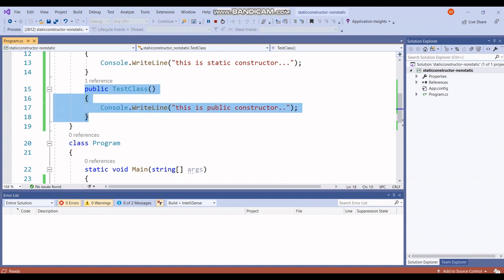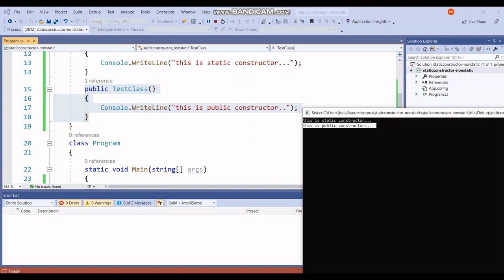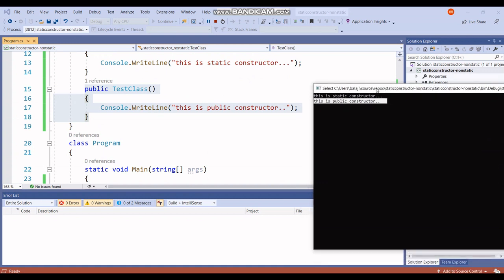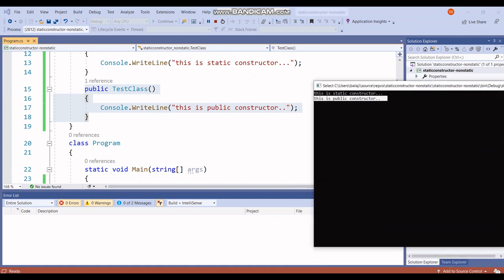Okay, so each and every time when the instance of the class is created, your non-static constructor will get called. Remember one thing, a static constructor will always execute once in its entire execution, means entire life cycle of that class. Very first time when the class gets started, if it is having a static constructor, then it will get called, and only once. But non-static constructor can execute whenever you create an instance.